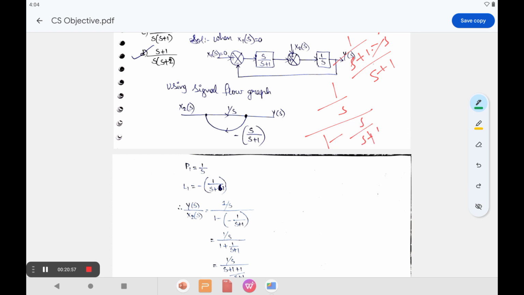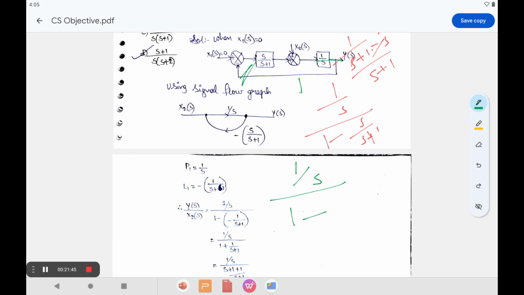So in this direction, this is also forward path. So 1 by s divided by, so these two also added here. So that means it becomes a positive feedback, right? So positive means that obviously it becomes minus s into, so this is the negative sign, right? So minus for this case. Therefore minus 1. Obviously we don't have any value, that means it can be treated as a 1, right? So minus 1. So what is the value? 1 by s divided by, this value is equal to 1,